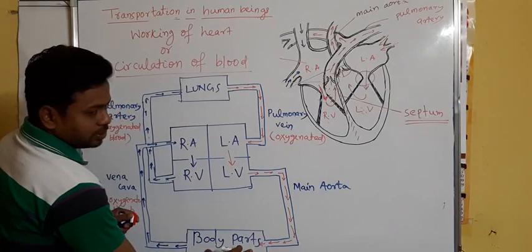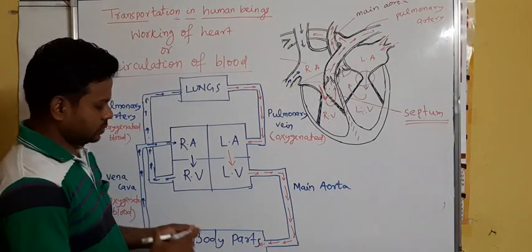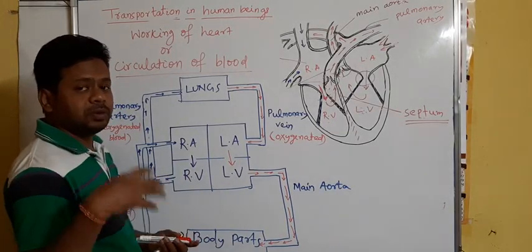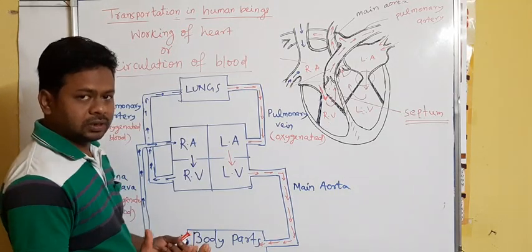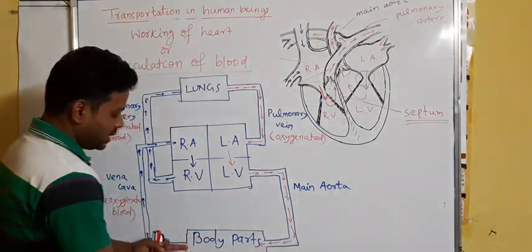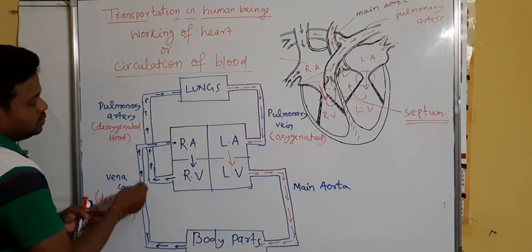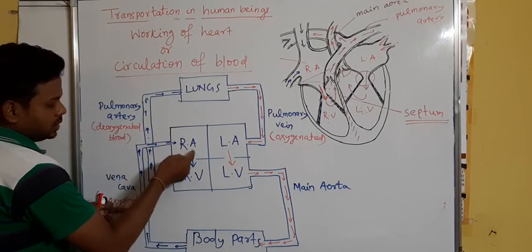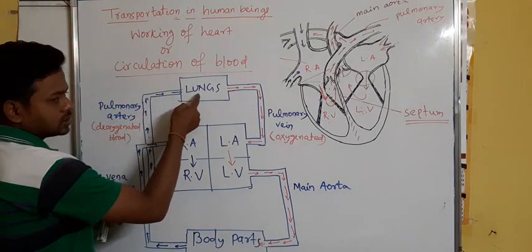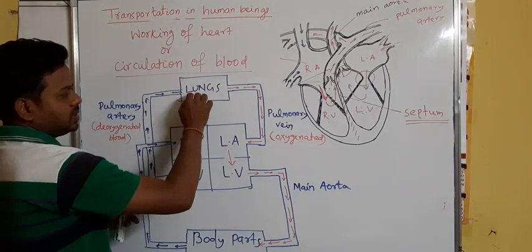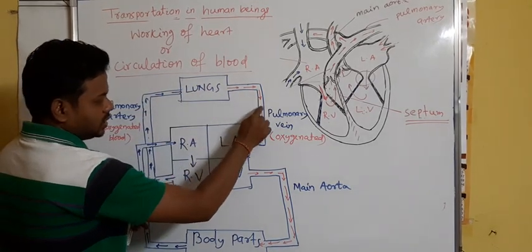Then inside the body parts, again cells of the body parts will use the oxygen and will give the carbon dioxide. Again that carbon dioxide is collected and it will come to heart. Then it goes to lungs. Exchange of gases takes place. From lungs, oxygenated blood will come to